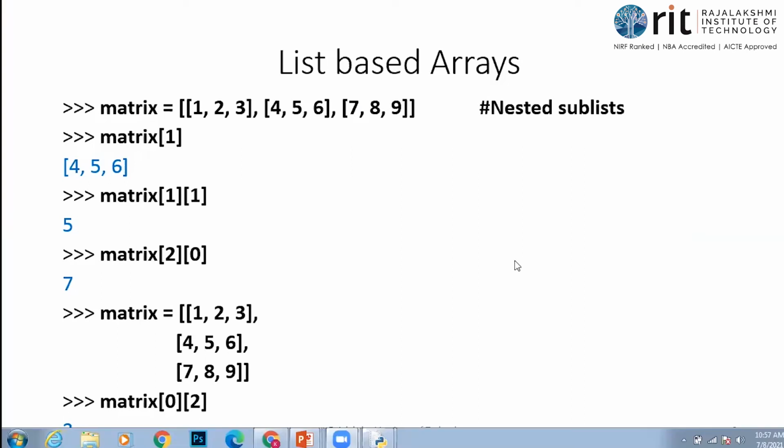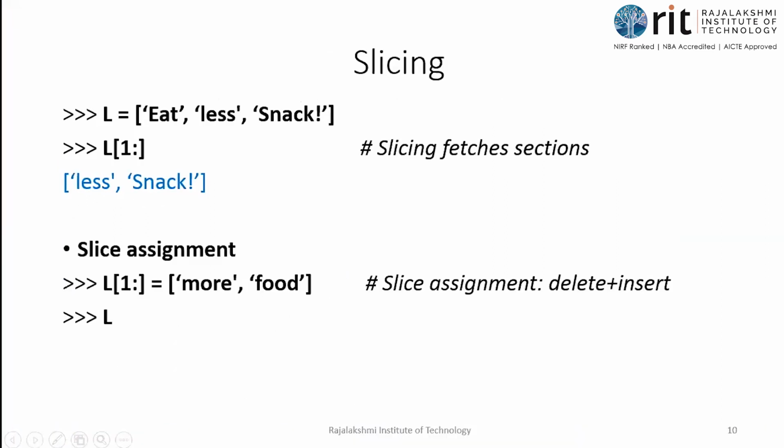So let's resume with our session. So this is all about indexing. Okay. So let's see the slicing operation, which is very, very important. What if we want to change the portion of the list as such? In that case, I can go with the slicing. If you want to print a portion of the list, again slicing. If we want to change a portion of the list also, I can directly use slicing for this.